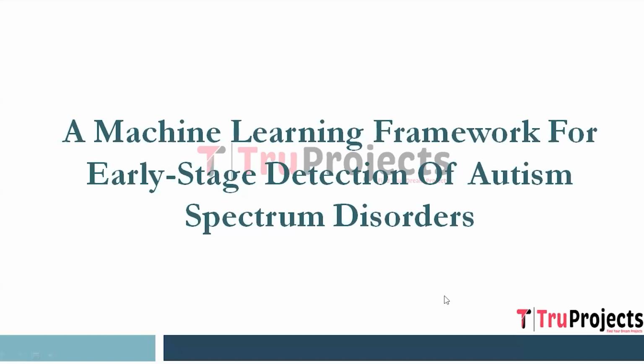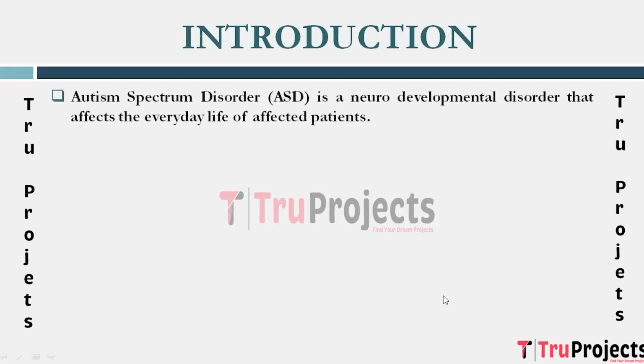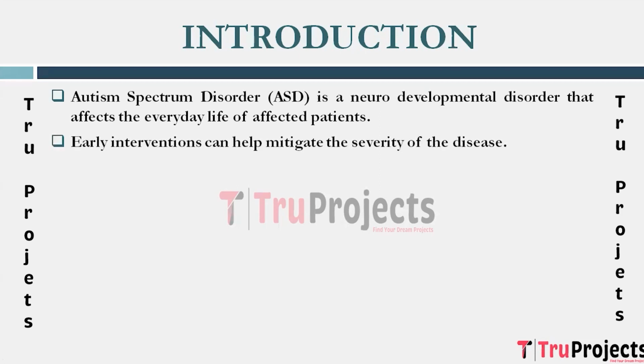Projects. In this video, we are going to explain about the project, which is a machine learning framework for early stage detection of autism spectrum disorder. Introduction of the project. Autism spectrum disorder is a complex neurodevelopmental disorder significantly impacting the daily lives of those affected. It manifests in diverse ways, influencing social relationships and behavioral patterns, thereby posing challenges for affected individuals in various aspects of their routine. Acknowledging the critical importance of timely intervention, the project recognizes that early identification and subsequent interventions can